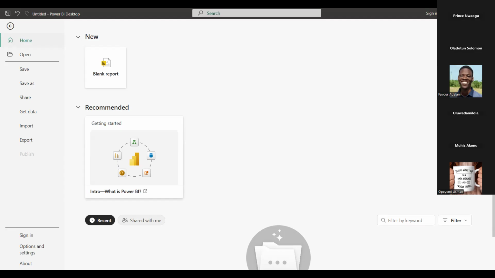So now, maybe I should just show you practically what I would call a report and what I would call a dashboard. I was saying earlier that one of the differences between a dashboard and a report is that most times dashboards are usually single paged. Though they are interactive, of course, both your report and your dashboard should be interactive.